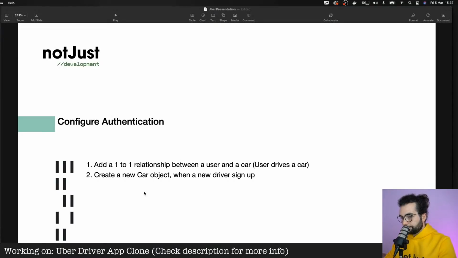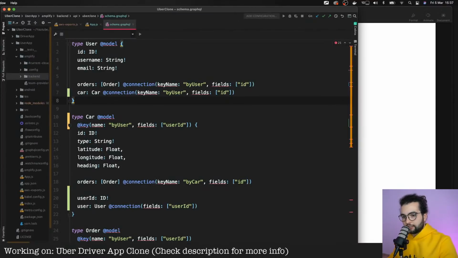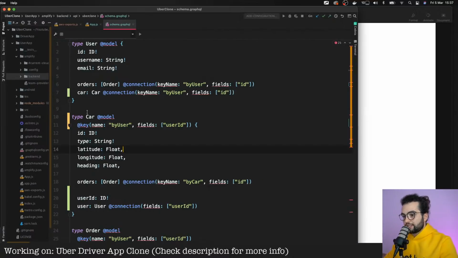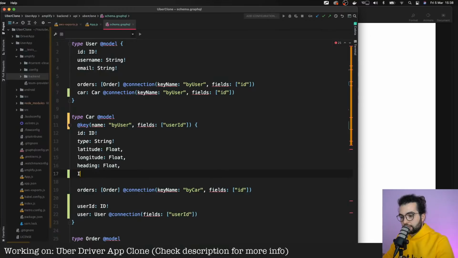Now, before going into that step, let's think about what other fields we will need in our database. I think I had some notes, because we will update our API, so in order not to wait two times, we're going to add the fields right now. For example, a car should have a variable that will define his availability. For example, if he's looking for orders or if he's active or not. So we can add it here.